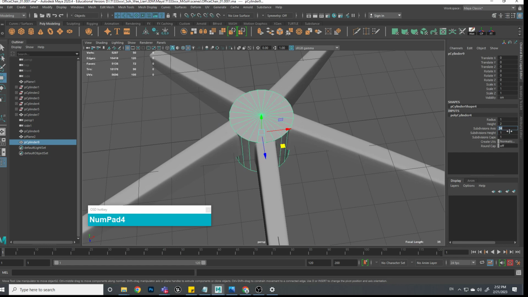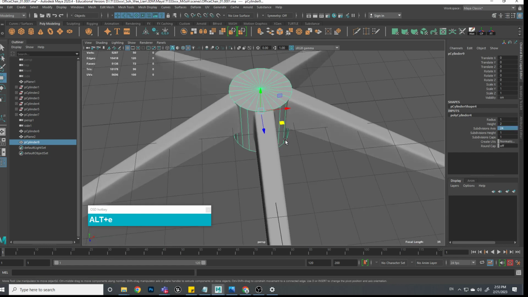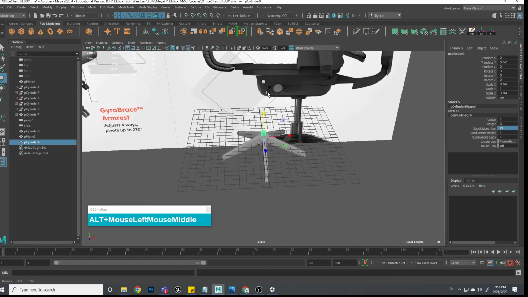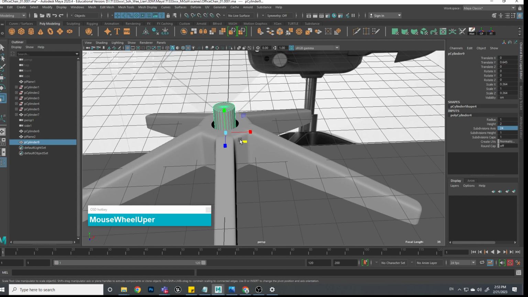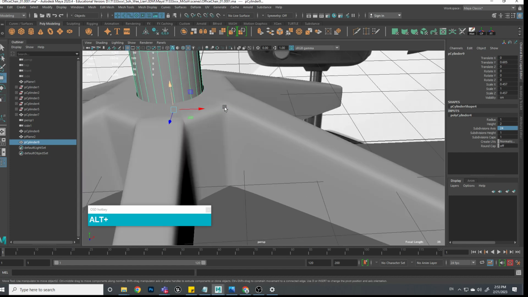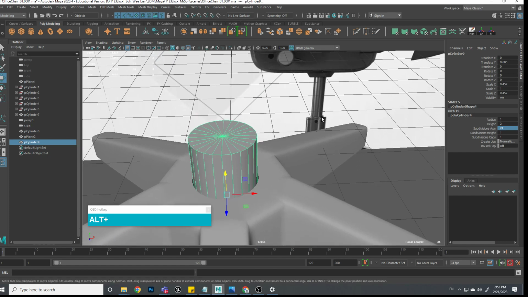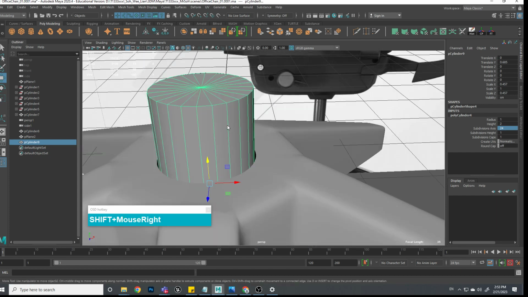Maybe give it about 24 and scale it until it fits the center portion here. Then you can move it up a little bit. So you take a look at it, it sticks up about somewhere around here. And there's like a cap, and since there's a cap,